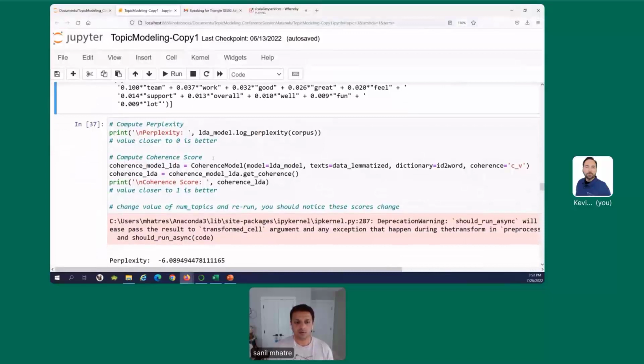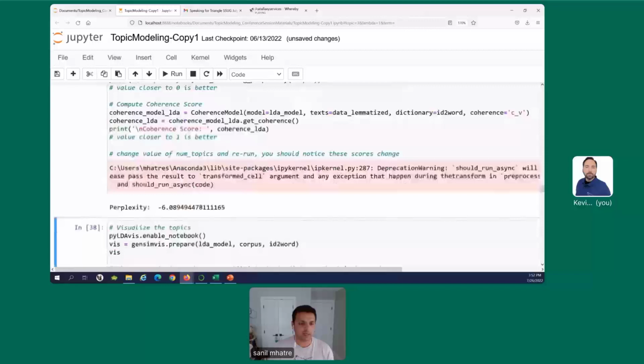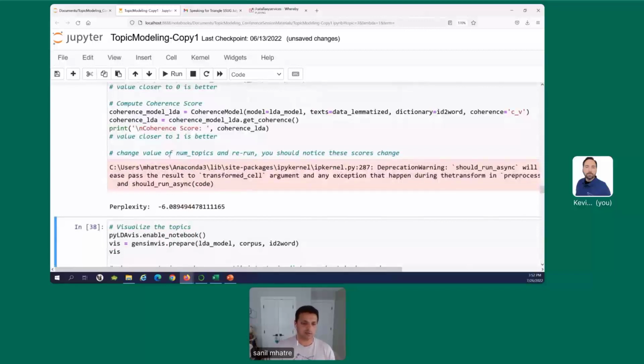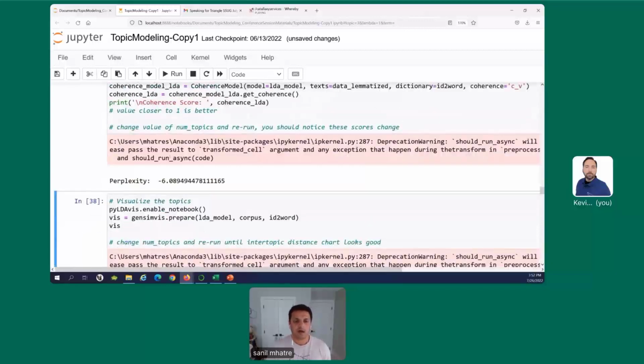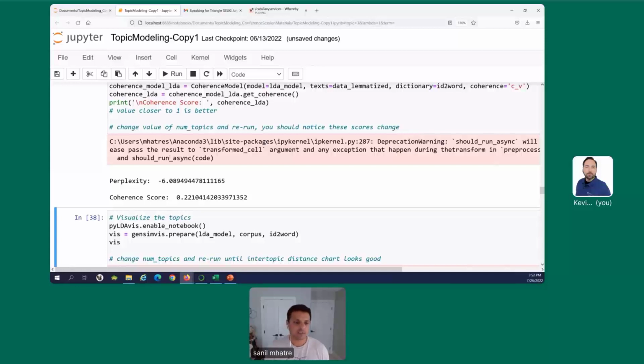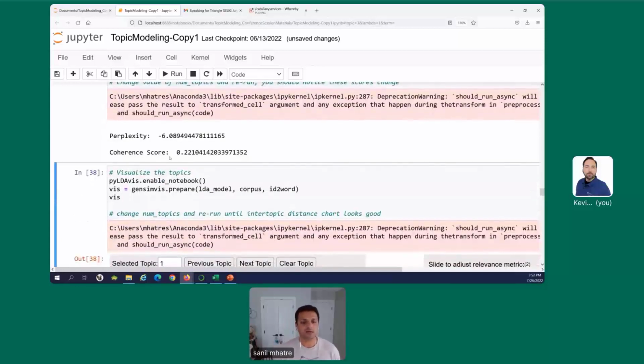So, here's the code to calculate these two metrics. Pretty simple code, mostly one-liners. We'll run this cell and calculate the perplexity score and the coherence score. This can sometimes take a few seconds. All right, so we have generated the metrics. We now have these scores.